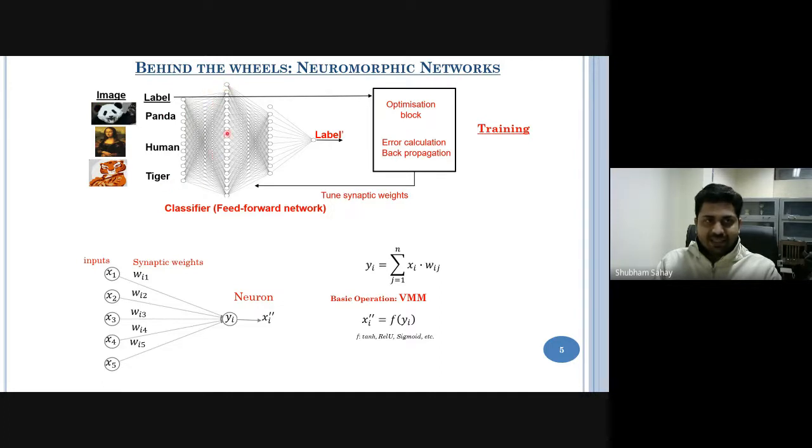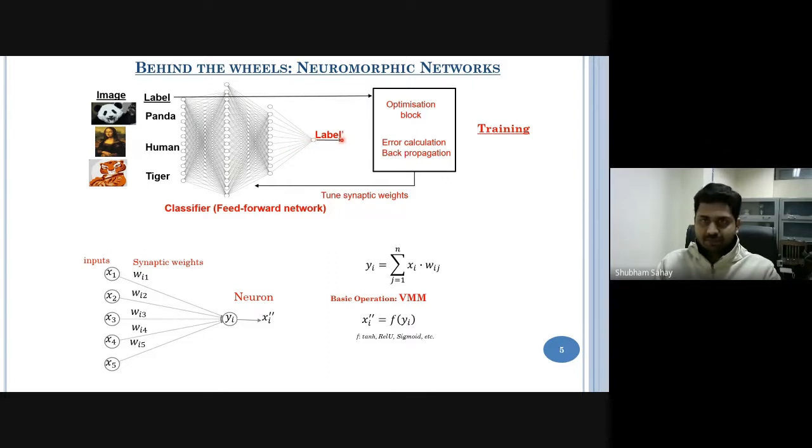It is fed to the next layer of neurons. The next layer of neurons performs this activation function over this. And then again, the output of this neuron goes through vector by matrix multiplication with this synaptic weight matrix. Again, it reaches the next layer where this activation function is applied on it. Then again, vector by matrix multiplication, and at last, you get this label dash out of the network, or the